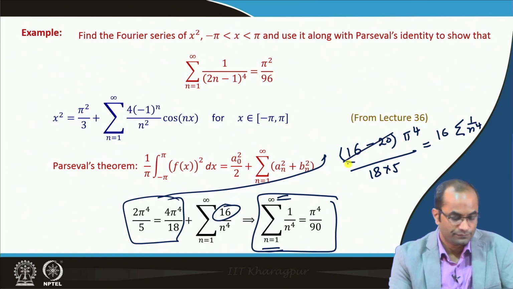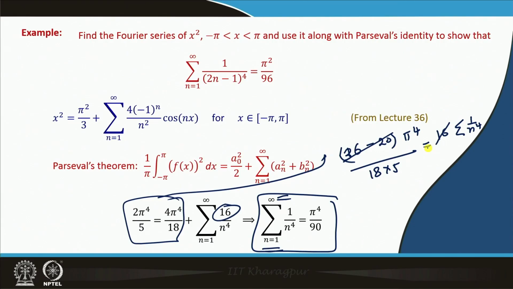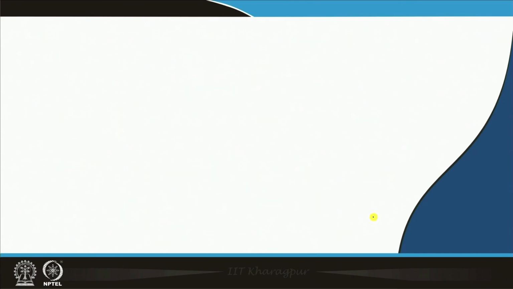Here we have 18 minus 10 over 45, so that is 16 over 45, this is also 16, and this summation 1 over n to the power 4 is adding up to pi to the power 4 over 90. So, we have